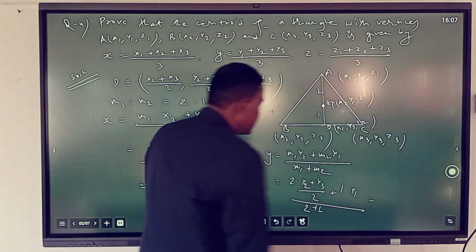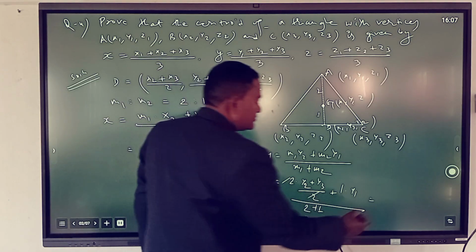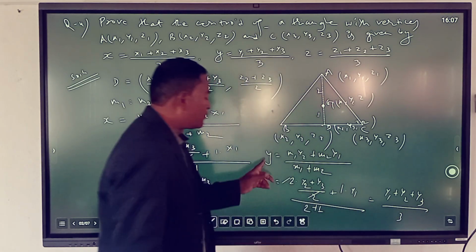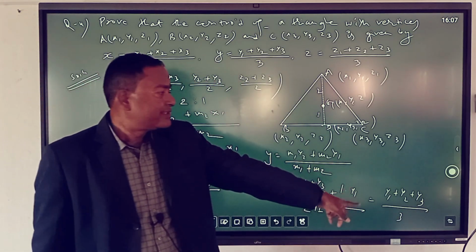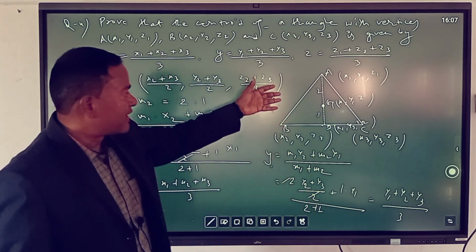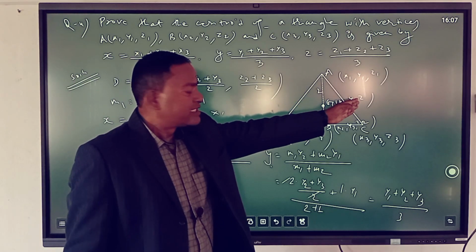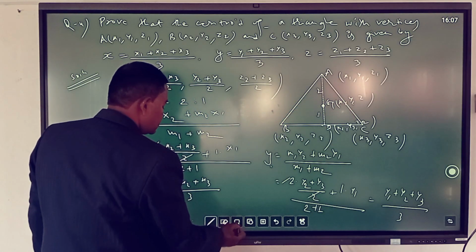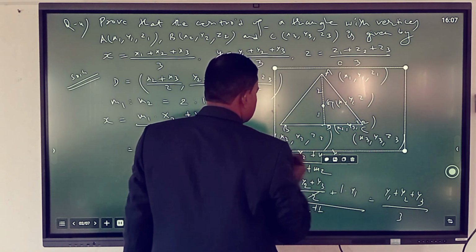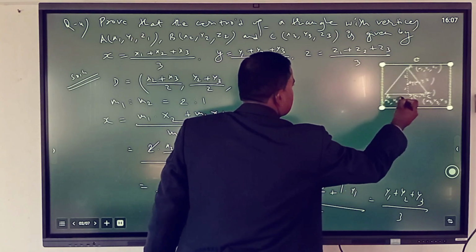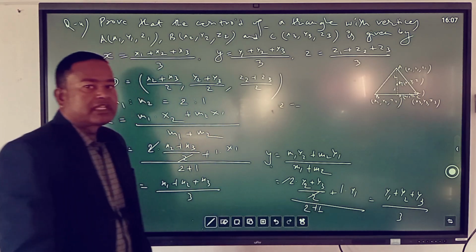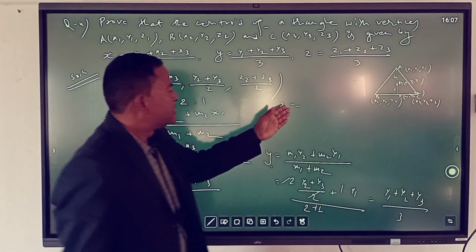So dear student, 2 we can cancel. So for the value of y, we have got y1 plus y2 plus y3 divided by 3, which is the y coordinate of the centroid of triangle ABC. Next, let us find out the z coordinate of the centroid. So dear student, again let us use the section formula of internal division. z is equal to